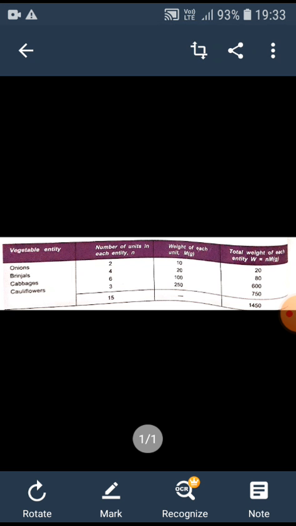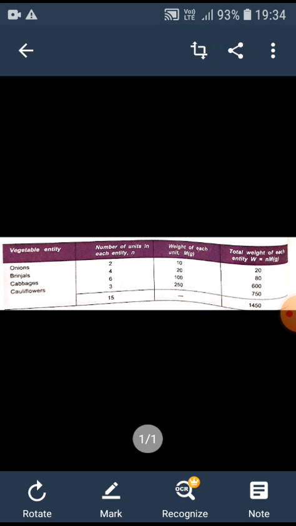First, let us take up the number average concept. Now, for this we take an example. Consider a basket containing 4 types of vegetables as shown in the figure: onions, brinjals, cabbages, and cauliflowers. For ease of understanding, let us assume that each onion of the onion lot weighs the same, and so also each of the other vegetables, as we can see in the table. The number of each vegetable and its weight are as tabulated and shown in the figure.